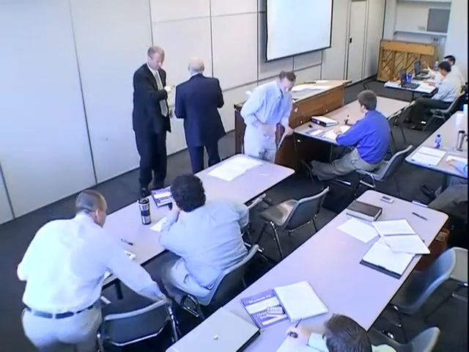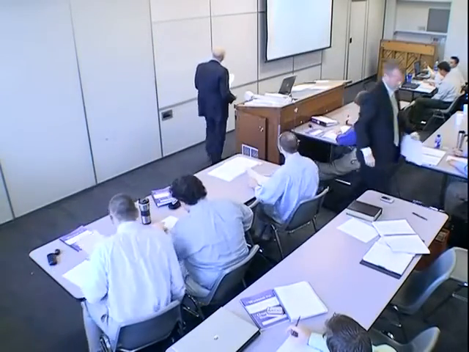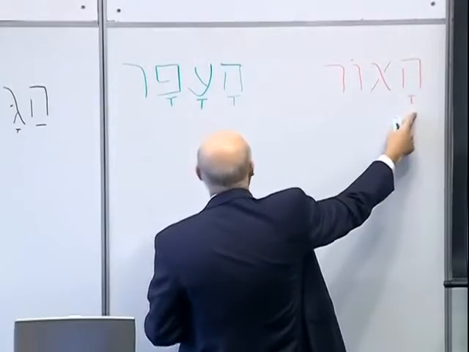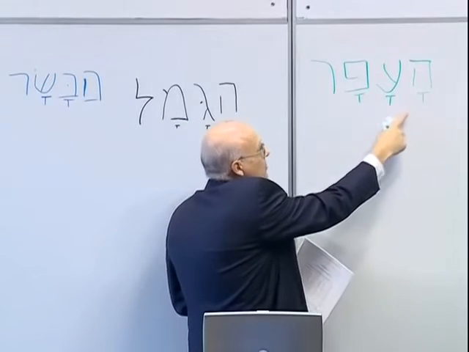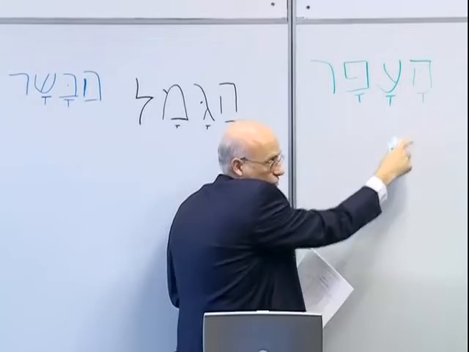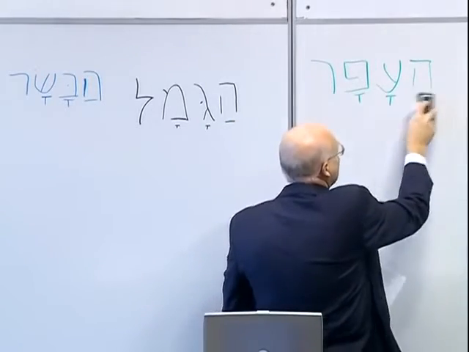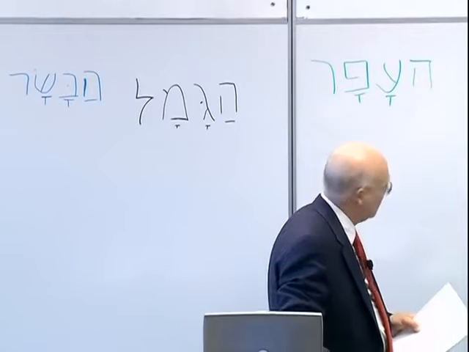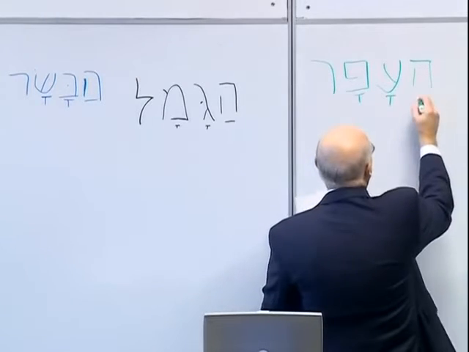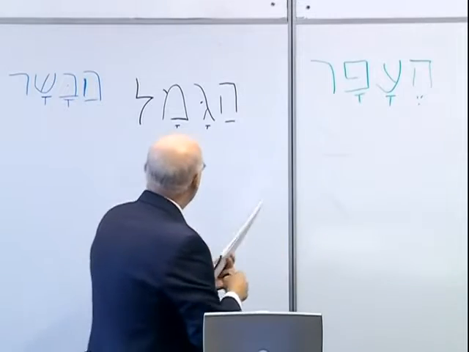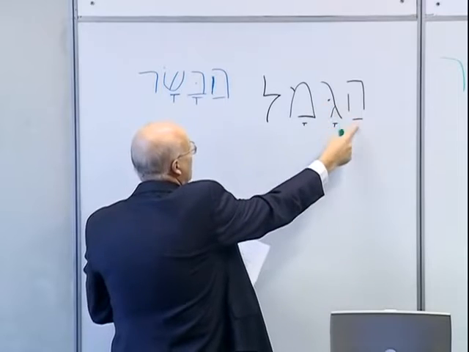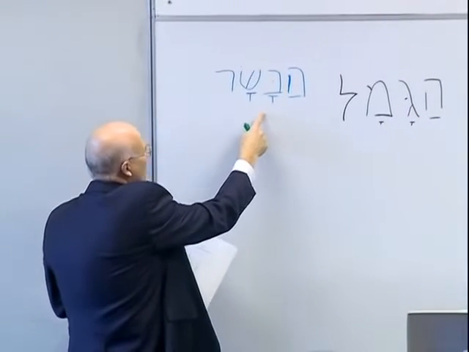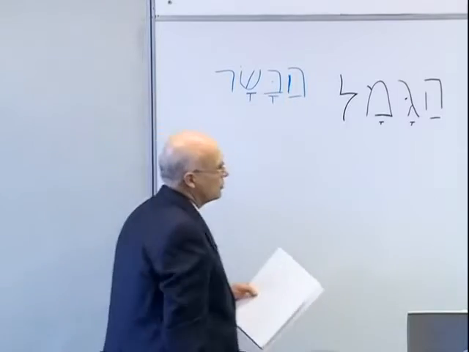Okay. All right. So number 9, Or, becomes Ha-Or. Afar, notice it's unaccented, so this should be what? Should be segol. It's unaccented, therefore it should be segol. He-Afar. He-Afar. Ha-Gamal, for Gamal, notice the dagesh and the patach, and Ha-Basar, patach and dagesh. All right? Those are four more.